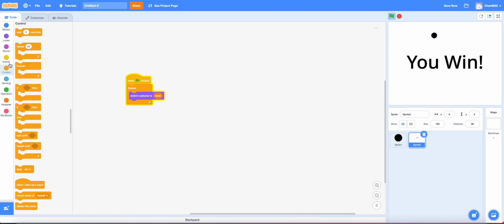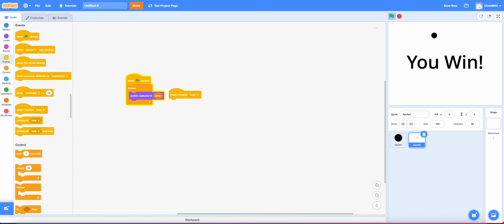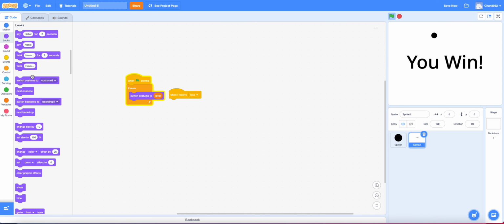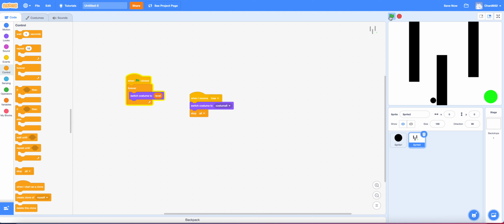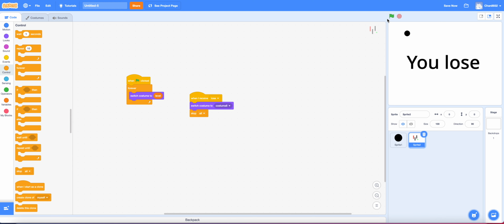So in this one, when I receive lose, then we want to switch costume to costume 8. Then we want to stop all. Let's try it. Yay, it works. Remember to save it, name it,